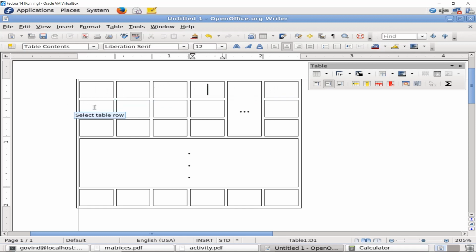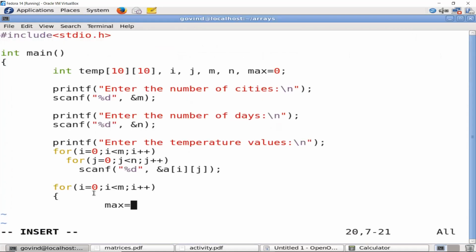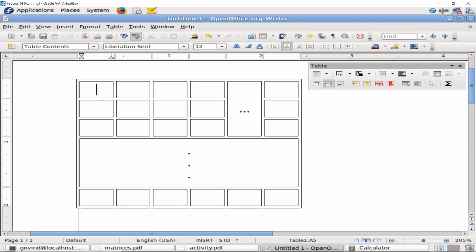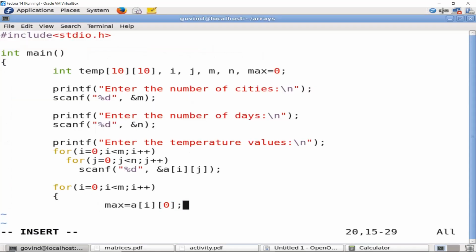In the next iteration, second row, first entry as maximum. In the next iteration, third row, first entry as maximum, and so on. So what changes is the i value, but the column remains the same because it's always the zeroth index column. So I'll assume that the first entry in each row is highest.